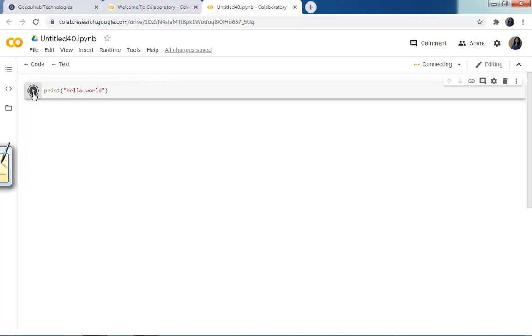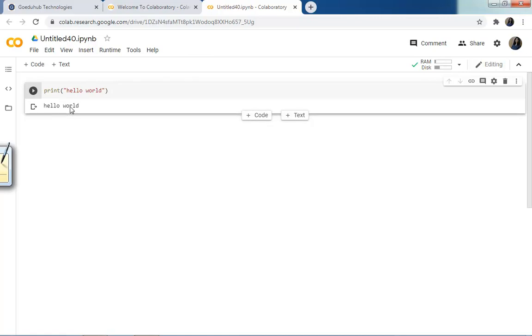So this is running my code, and you will see it print the output here, hello world. This is the simple output, and this is rich interactive coding. Here you can change whatever you want to change.